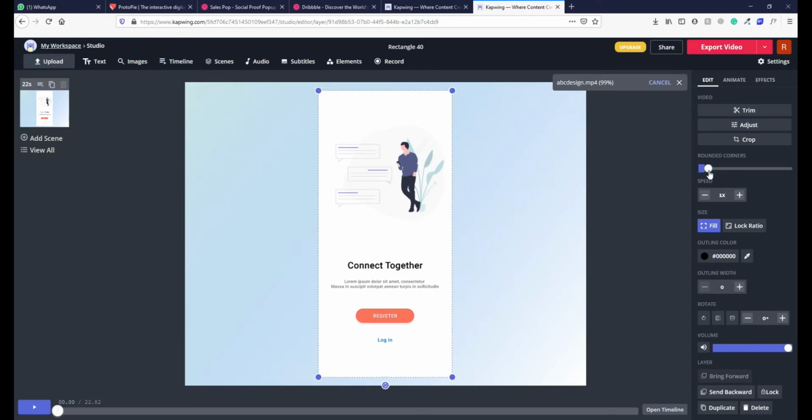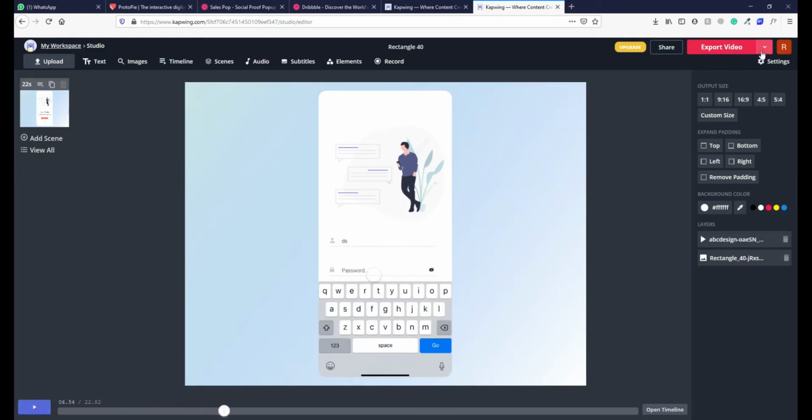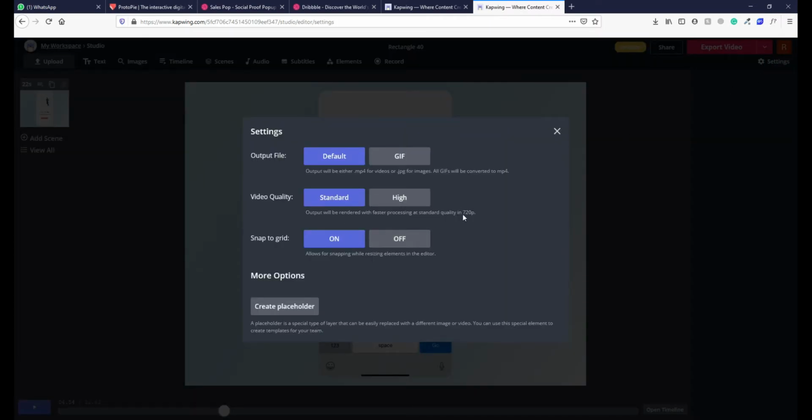Give it a corner if you haven't given it in the prototype, like I haven't, and you can preview it by pressing the play button. You can export this video by clicking here, and the standard quality of the video is 720p, which is good.